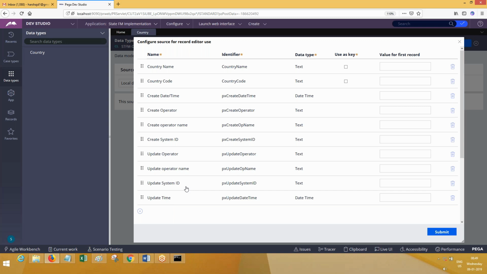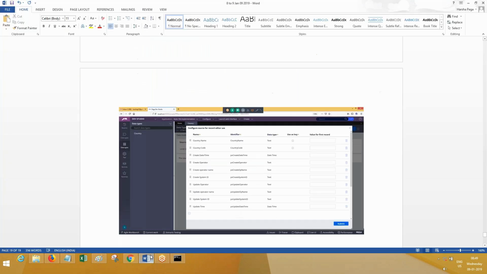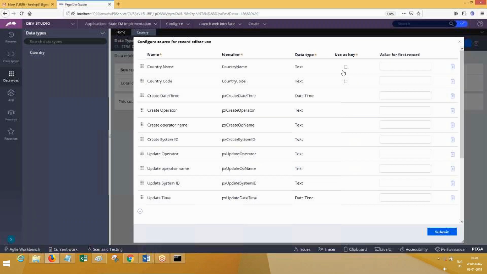Do not remove it. Actually, in enterprise this is one error in the home version. In enterprise, it is not used to display all this. It used to display only our columns, and the remaining would be created in the background without displaying here. You have a provision to delete, right? But actually, it should not be deleted. Every table should have these columns, so you should not be deleting them. I think it should not come like this, but leave it. Since it is coming like this, one of the columns you have to choose as a key column. So here I'm going to choose country code as the key column. Use as key, country code as a key column.